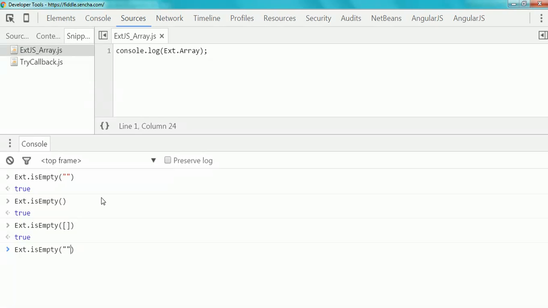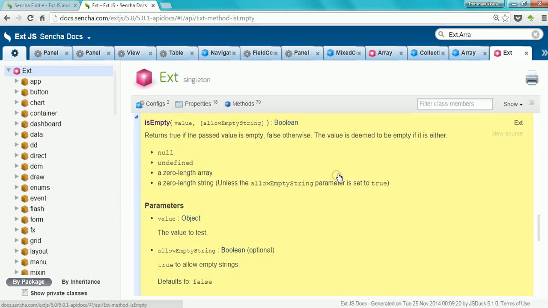But for anything else, for example a string with some item in it, it will return false. If my array is not empty, meaning the array length is not zero, then it will return false. isEmpty has a set of values which it verifies. By default, it checks: if it is null, it returns true; if it is undefined, it returns true; if it is a zero-length array, it returns true; if it is a zero-length string, it returns true. Which means the clean method of Ext.Array